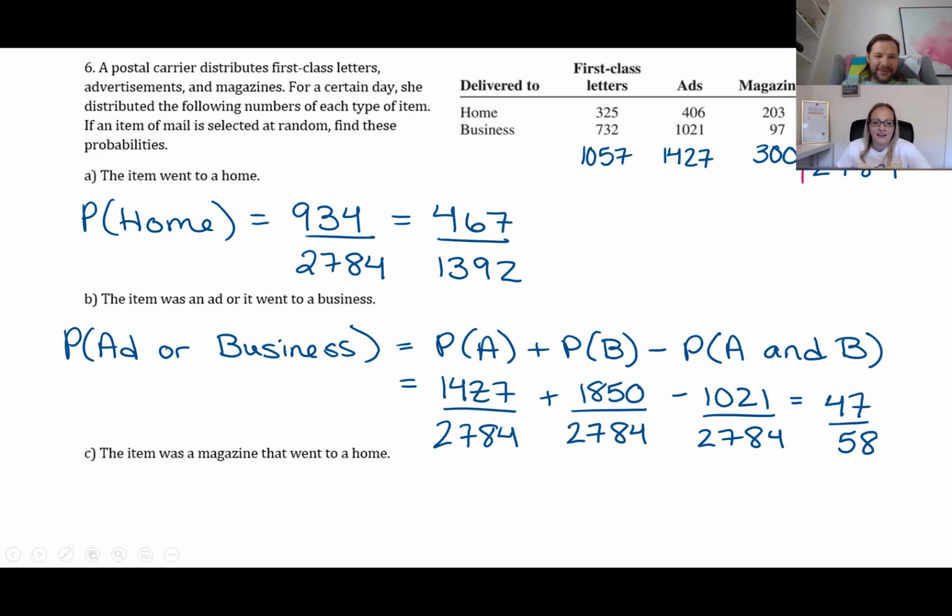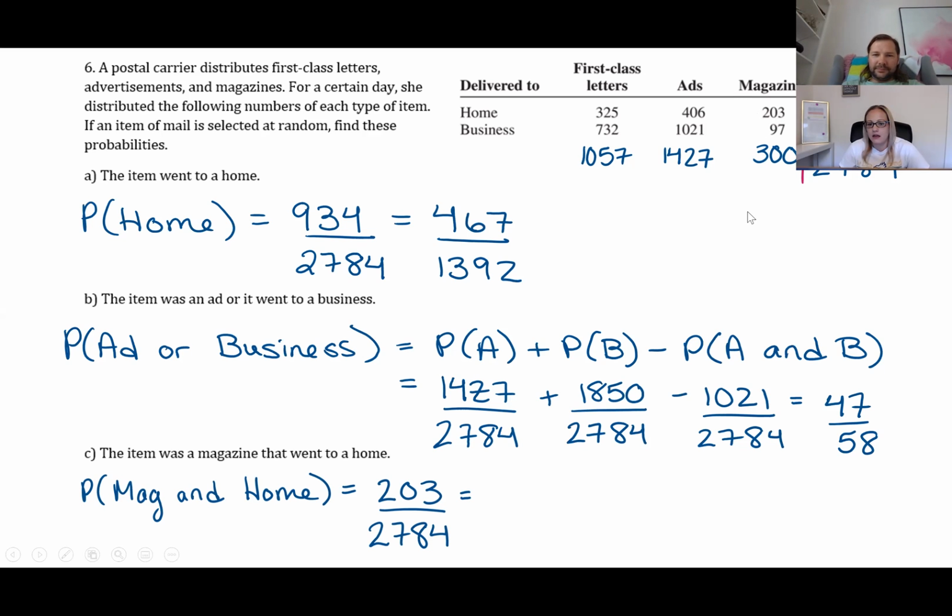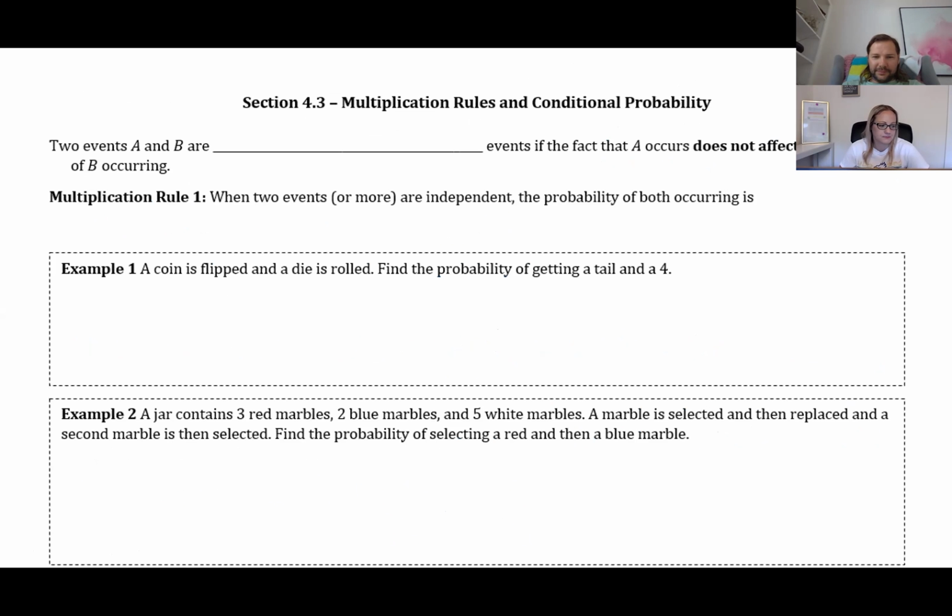Yeah, okay. And then part C says the item was a magazine that went to a home. So that's another way of saying it's magazine and home, basically. So magazine and home, you just want the overlap of the magazine column and the home row. So that's 203 out of the total for the table. And then that reduces to 7 out of 96. Cool. And I think we're done for this